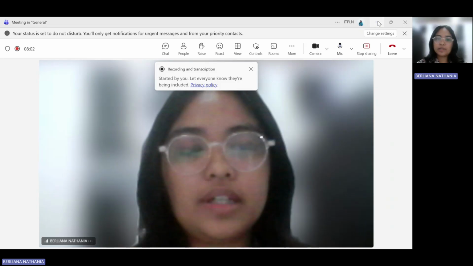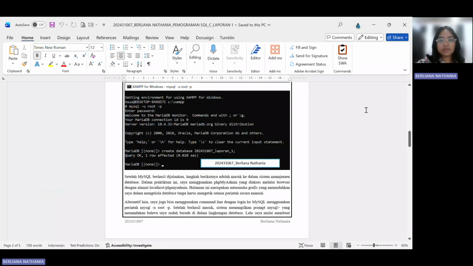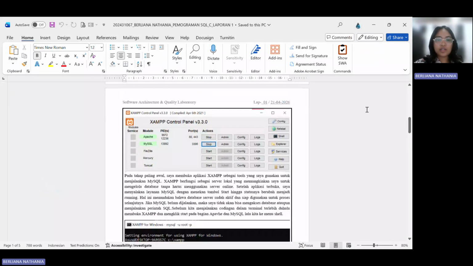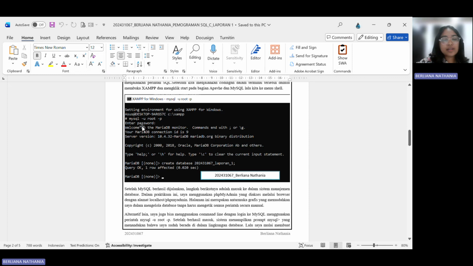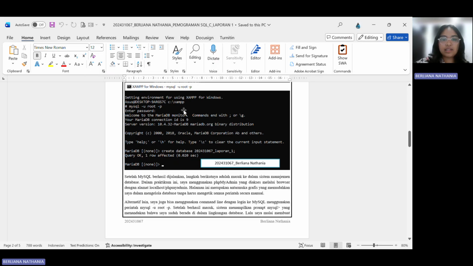So today I want to explain my practical that has been given to me. In this practical, I use MySQL from XAMPP. First, I open XAMPP, start MySQL, and then access it using the shell. In MySQL, I type mysql -u root -p. When it shows the password prompt and I enter it, it means I'm already inside the MySQL environment and ready to run the queries. The first query I use is create database and then the database name.